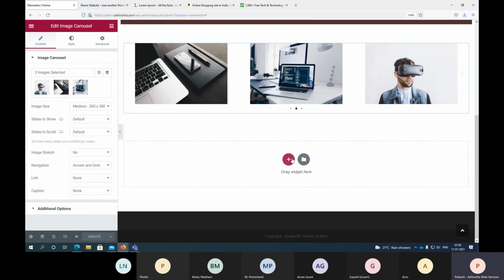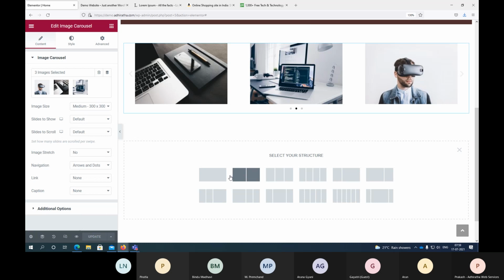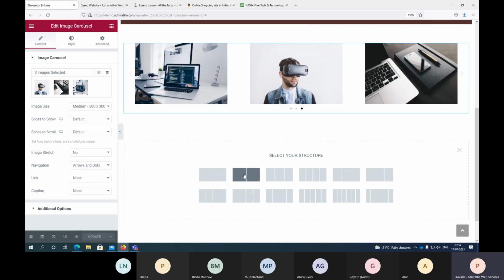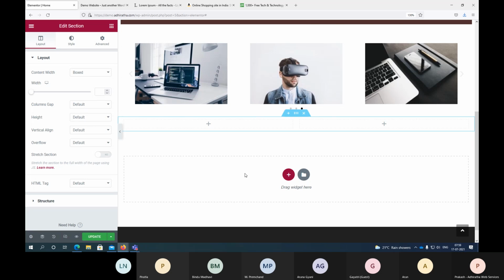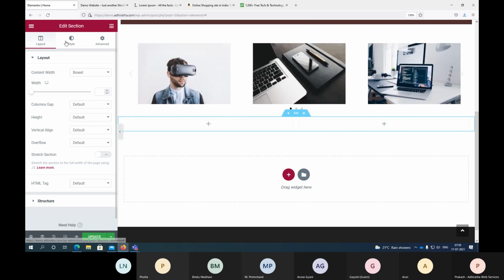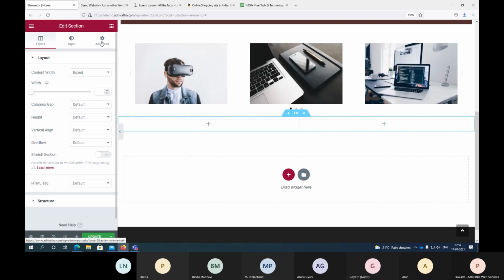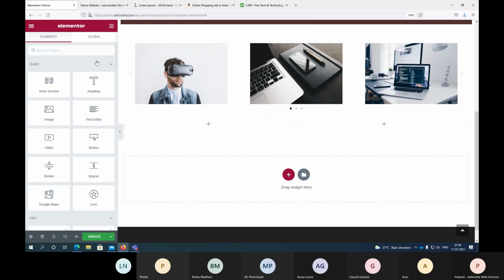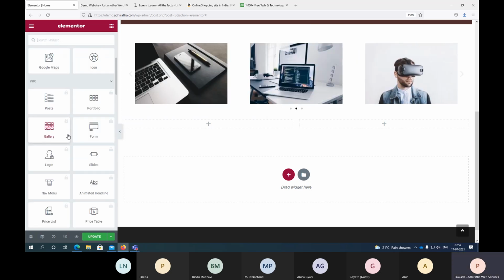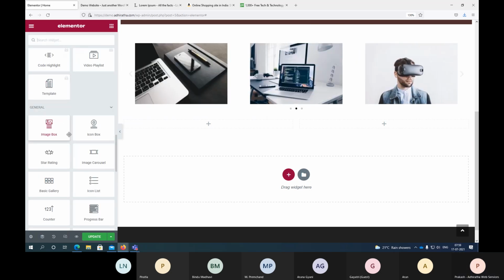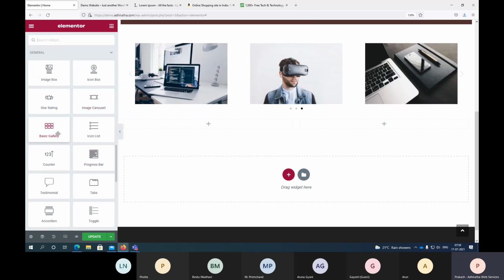Okay, let me go back again. This time, let me add a widget. So we have image, video, we have image box, image carousel.